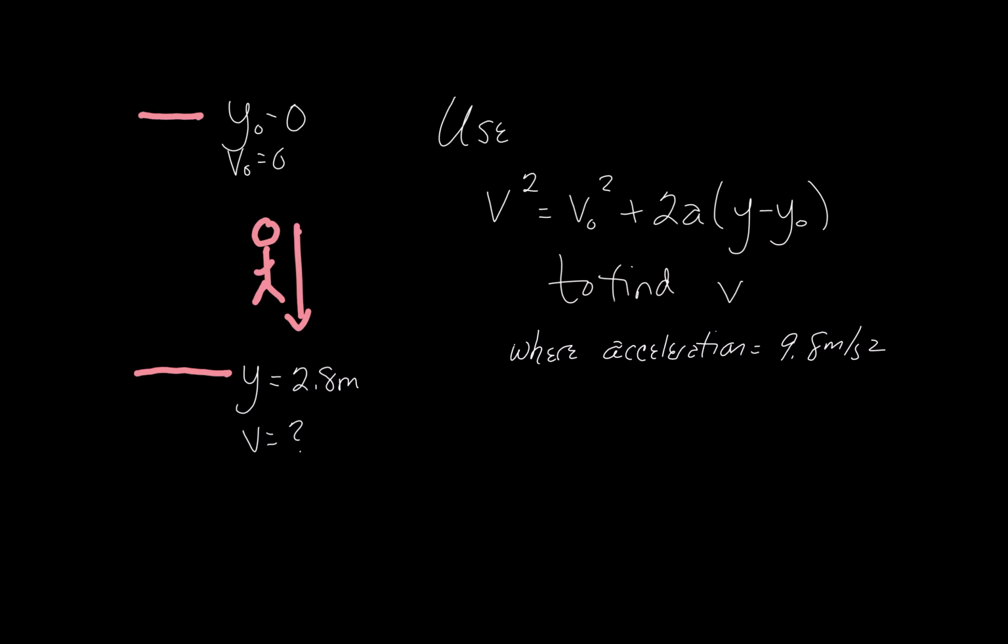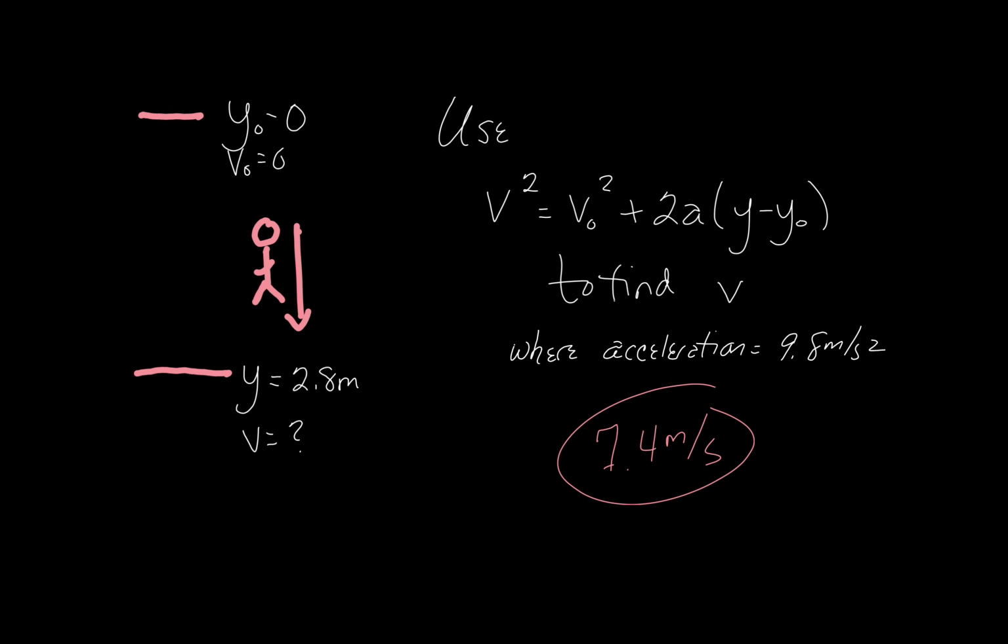The first part of the problem can be treated as a free fall. The person starts at a position y0 equals 0 and a velocity of 0 and falls a distance of 2.8 meters. Since we don't have information about time, it's most sensible to use the v squared equals v0 squared plus 2a(y minus y0) equation and solve that for the velocity of the person after they have fallen that distance of 2.8 meters. If you do that, you will find that the person reaches a speed of 7.4 meters per second